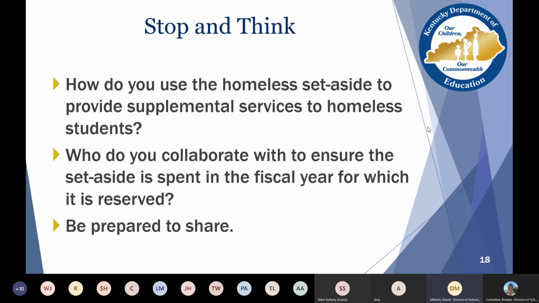Tracy also said ours is the DPP. We do get some questions about how much do you allocate in the set-aside to homeless? And there really is no general formula that would help you determine that.